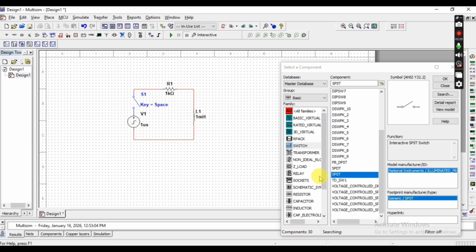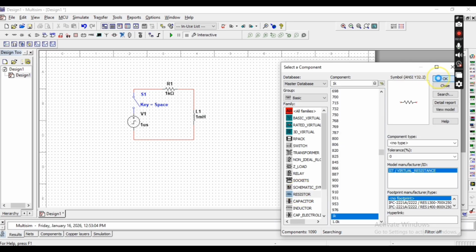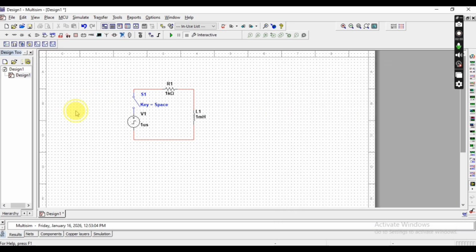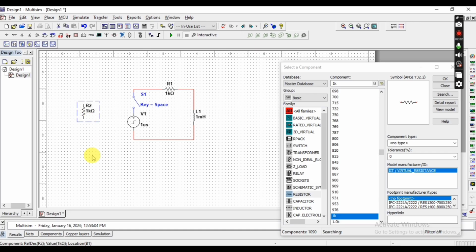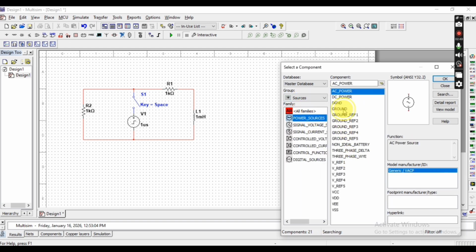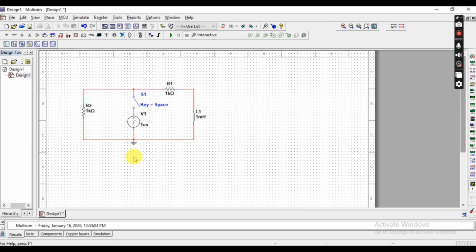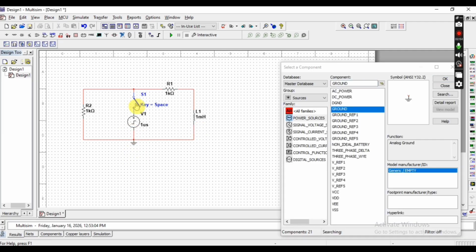Connect it like this. Take another resistor. Now place that resistor here, rotate it with the help of CTRL-R. Then connect it to this common node. Here we will place the ground also. To get ground, go to source, power source, ground. Okay, put the ground there. Now it is the switch, open and close. First we'll close it, then